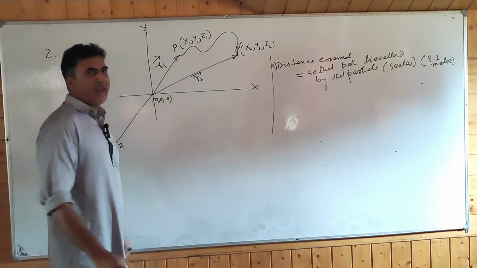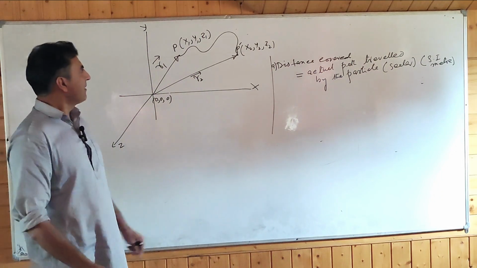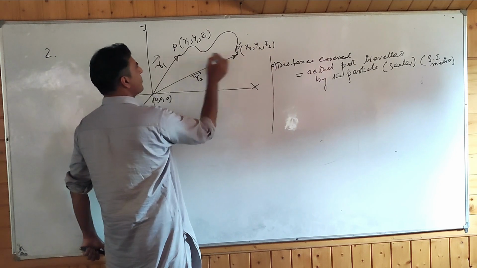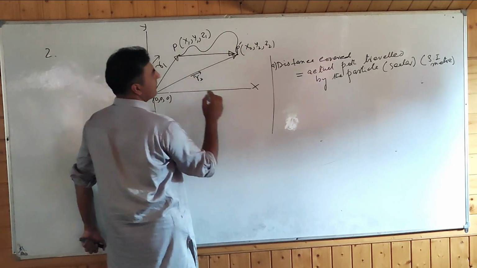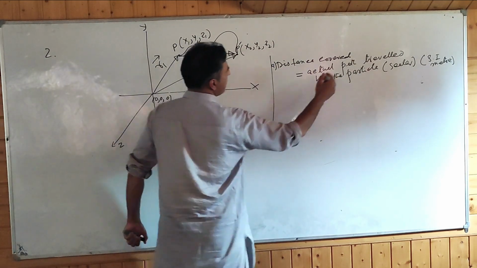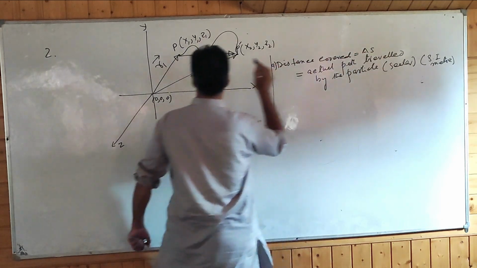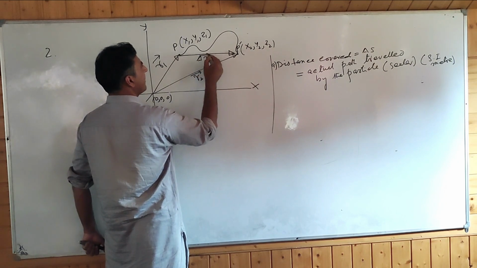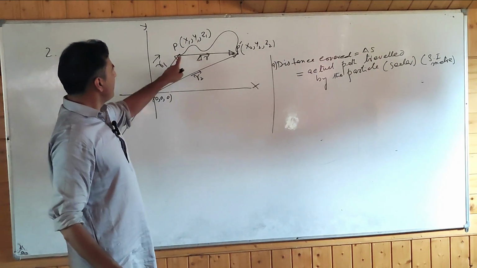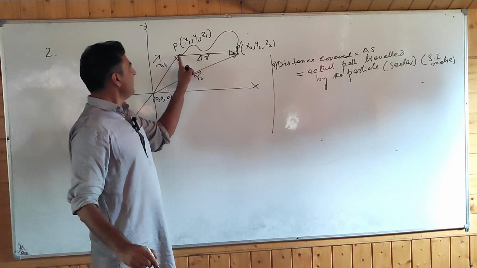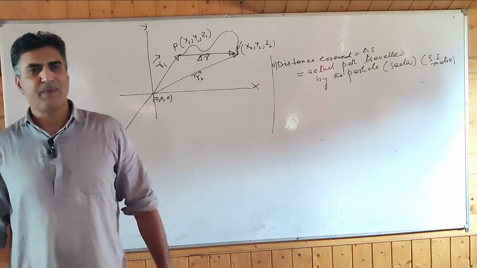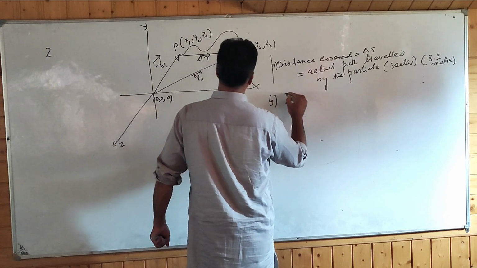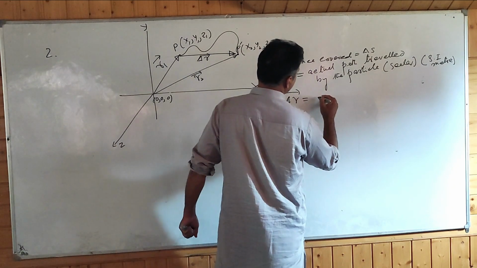Now, what is displacement? How do we define displacement? If you join the initial position to the final position, that is this, and you can write distance as delta S. And here, from this position to this position, let me say it is delta R. The shortest distance between initial position and final position is called displacement. So delta R, which is a vector of course, is the shortest distance